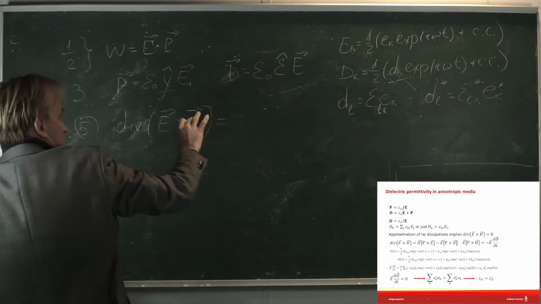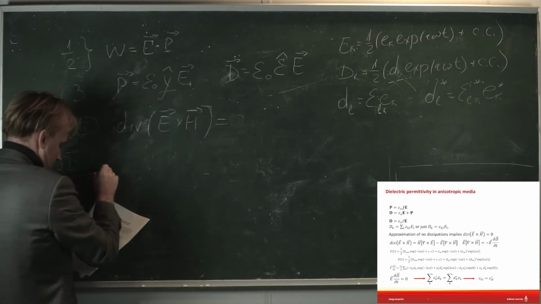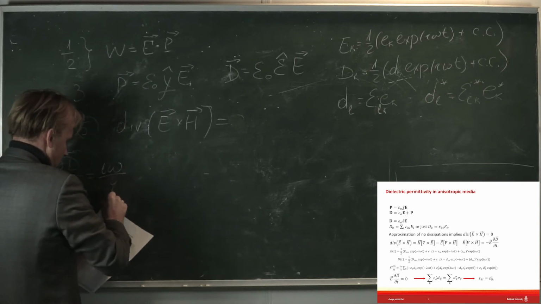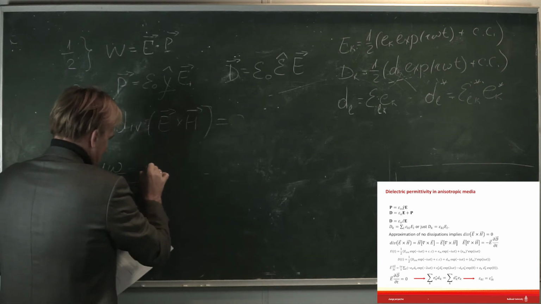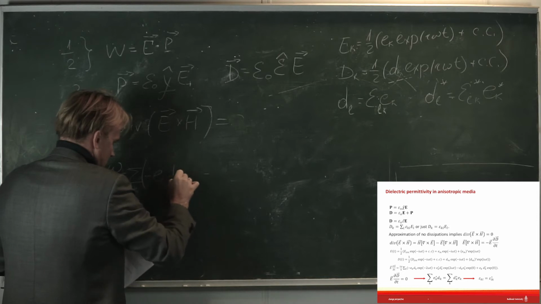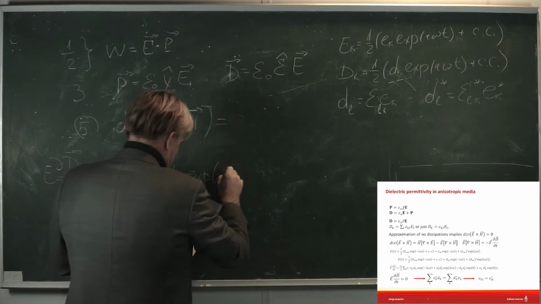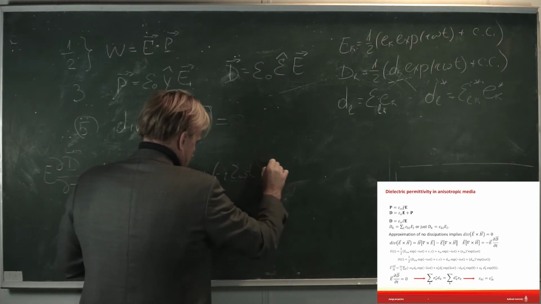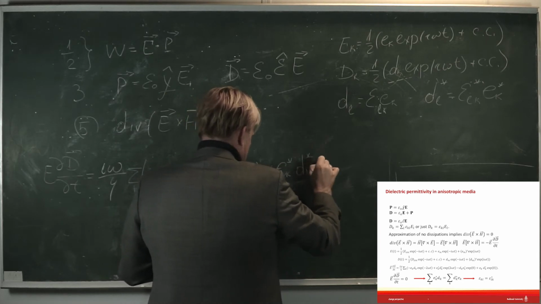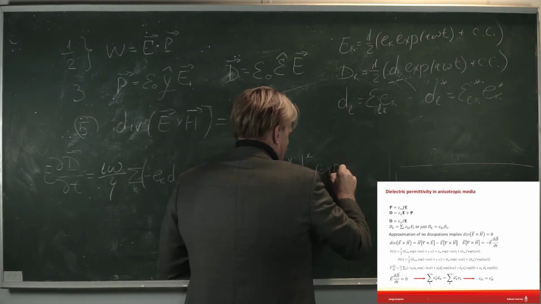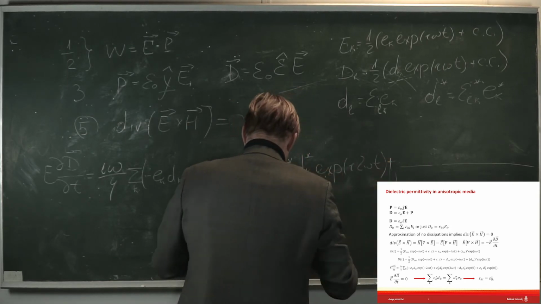Then we substitute those expressions into this product, and what we get is i omega divided by 4, and then we have to, of course, make summation of minus E_k D_k exponent minus i 2 omega t plus E_k complex conjugate D_k complex conjugate exponent i 2 omega t plus